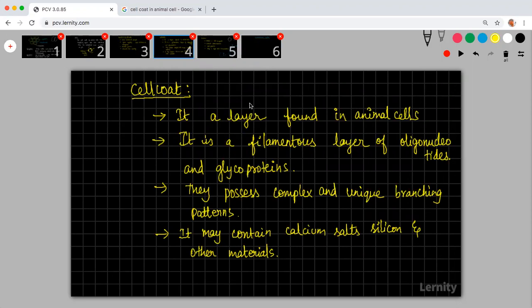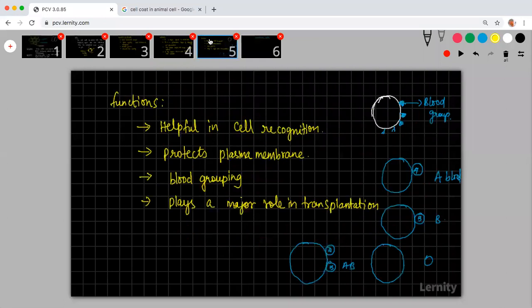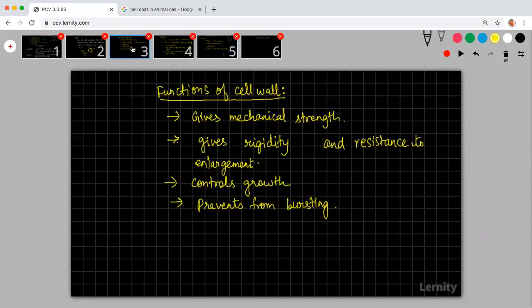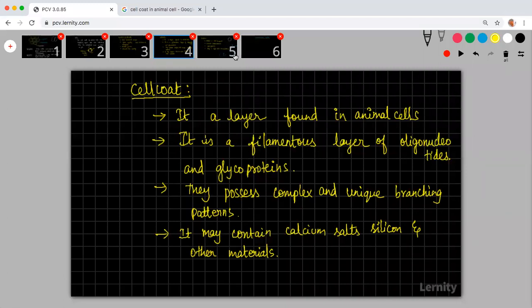So people want the fourth slide. People want the fifth slide. Third slide. Yeah, you want to ask for slides, all the slides now. Once again, in the end, you want me to show. If I keep showing you the slides, the class will get over. We will not proceed at all.